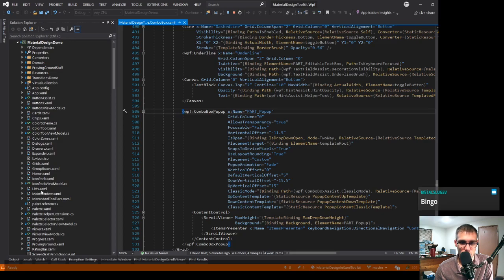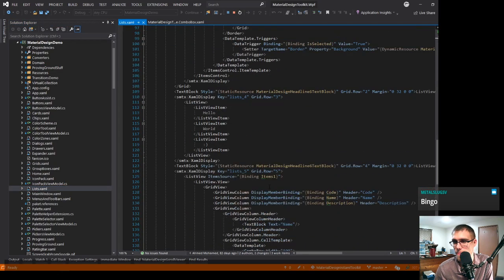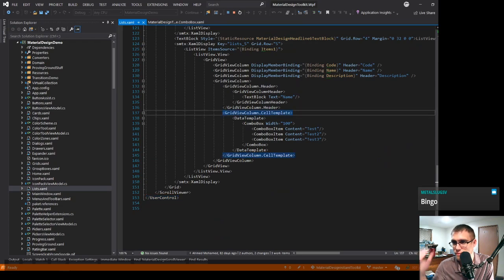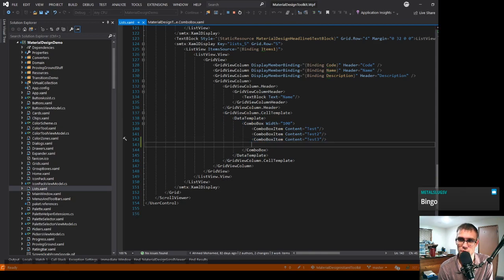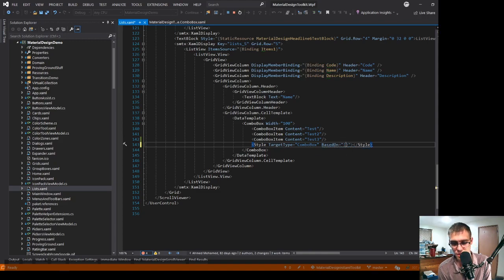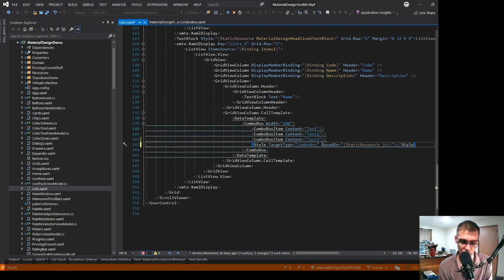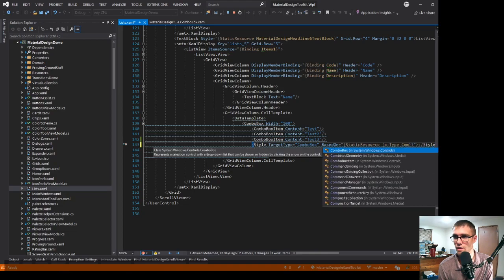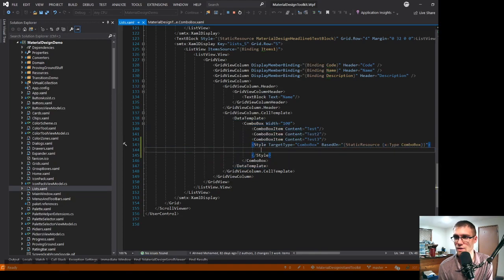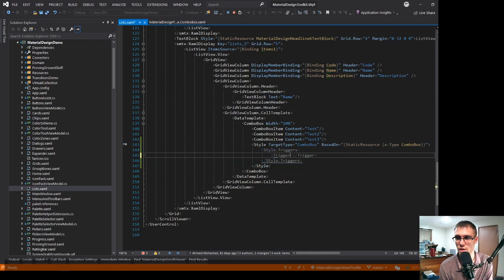Okay, so let's go down to lists and all the way at the bottom. So combo box. So one of the simple options, I guess. Let's see, style, target type, combo box, based on, derived from whatever the existing is. All right, so derive from the existing combo box, do stuff, style triggers, trigger property,